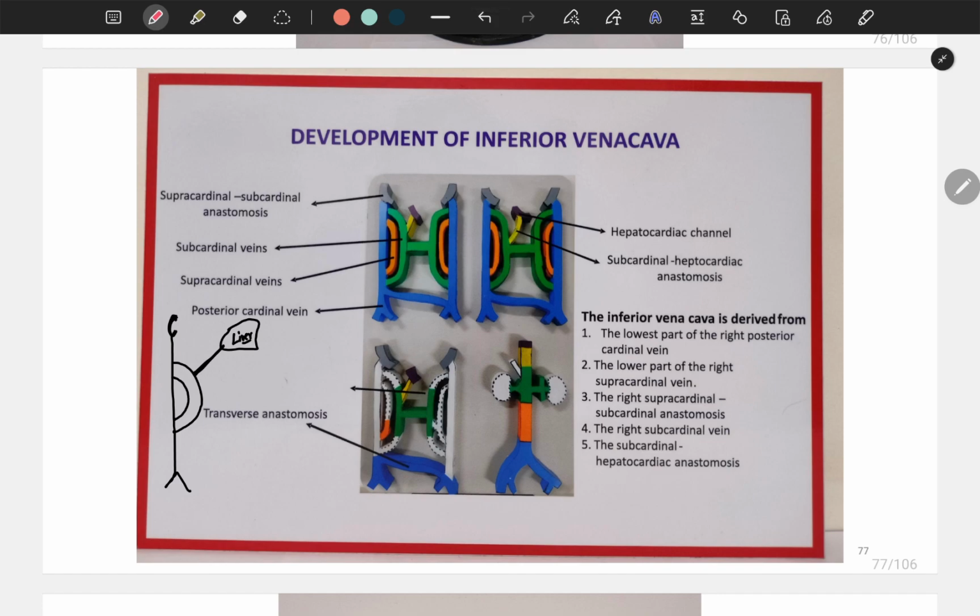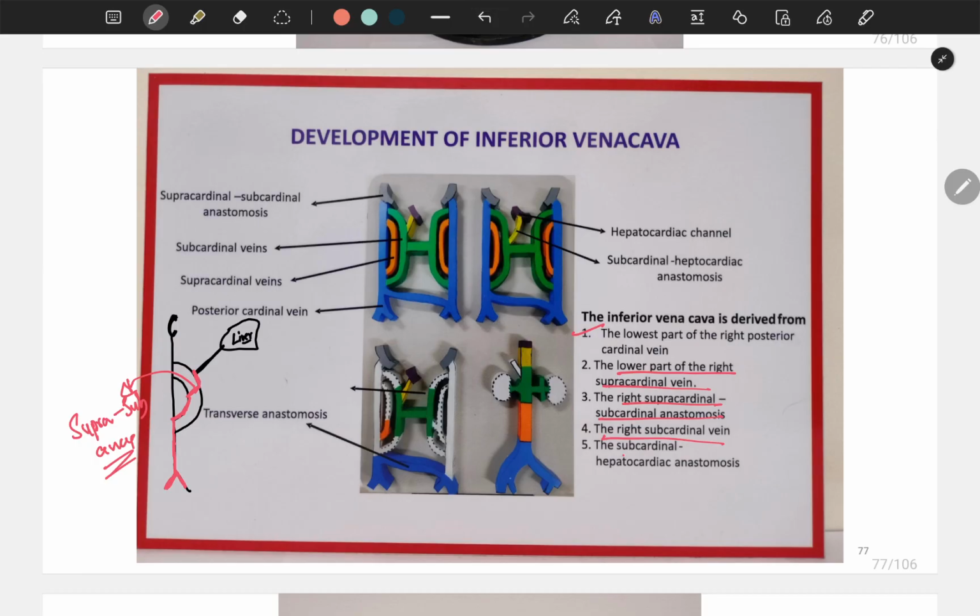inferior vena cava, it developed from the lower part of the posterior cardinal vein. Okay. And second point, lower part of the right supracardinal vein. Which is supracardinal vein? This lower part of the supracardinal vein, only lower part. Next, right supracardinal and subcardinal anastomosis. Okay, there will be anastomosis here. This is called supra and sub anastomosis. And next, right subcardinal